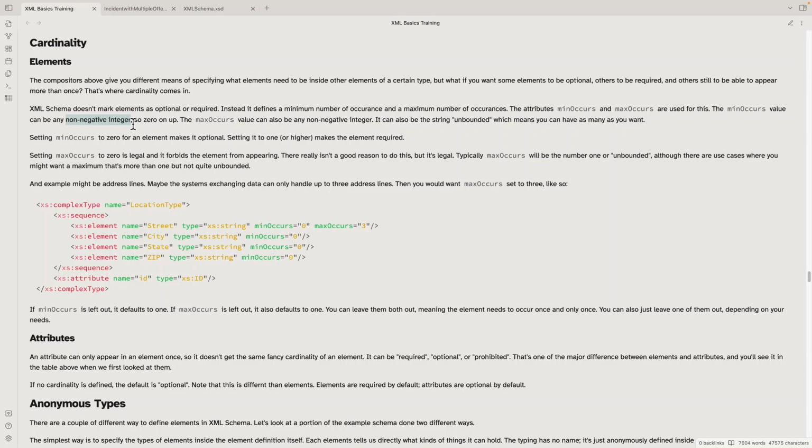Any number, any non-negative integer can be the low end, and typically it's going to be 0 or 1, but it can be any number. You can say that you have to have at least 3 person objects in this exchange. You can do that. Max occurs